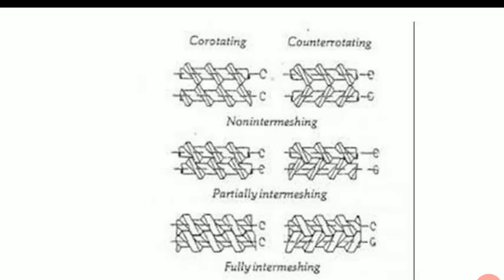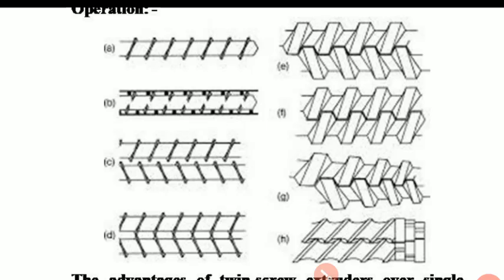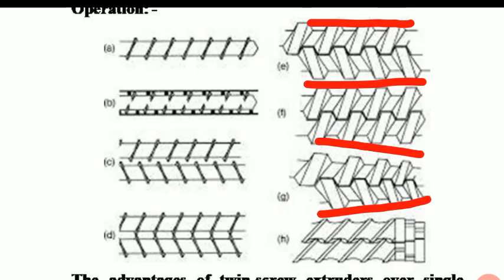And also they have conical shaped rotors like this. Here you see there is a cone-like structure. This is a parallel structure, and here it is like a cone, depending on the shape of the screw. This is a continuous compounding process. It requires continuous feeding. This can be achieved by use of volumetric or gravimetric feeder systems.